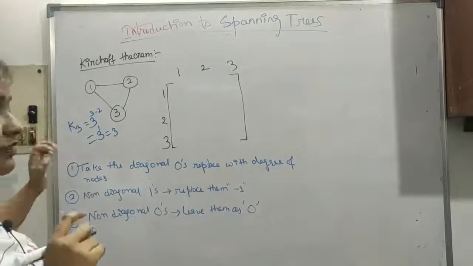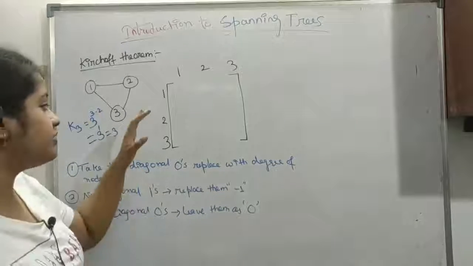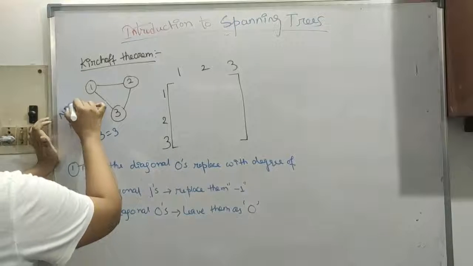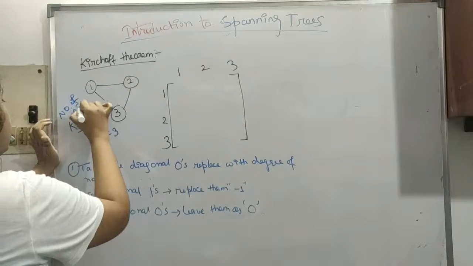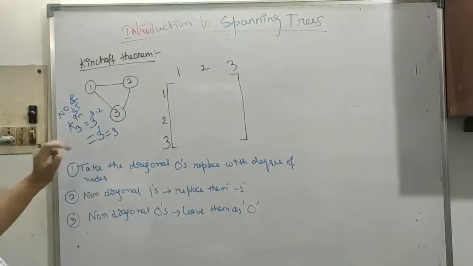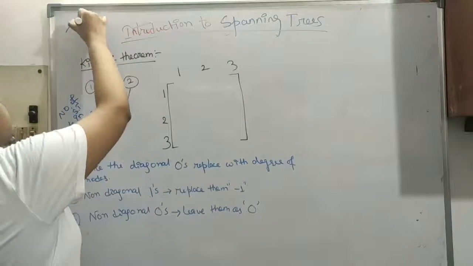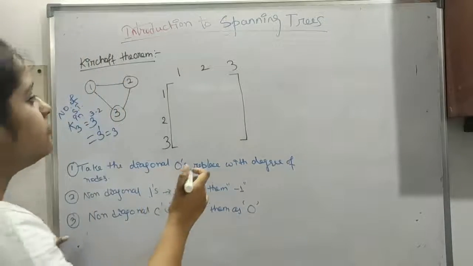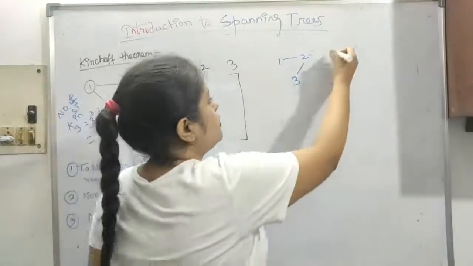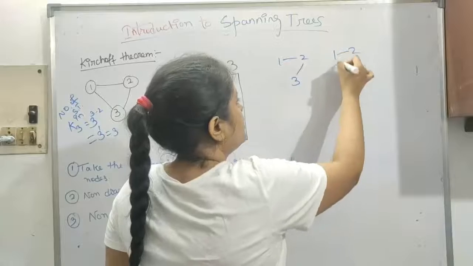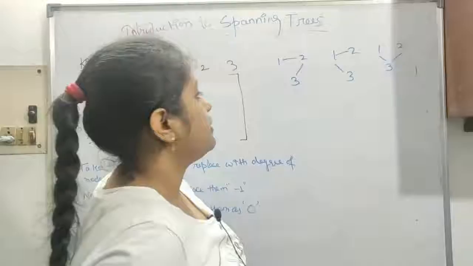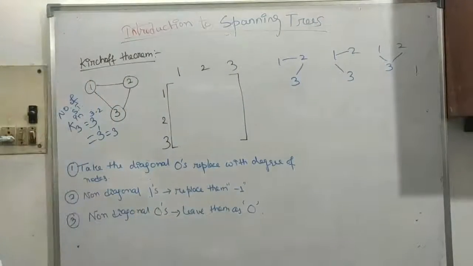Okay, so number of spanning trees. I don't know why I thought edges, sorry for that, I was thinking something else. So the number of spanning trees in K3, let's see like this. What can the spanning trees be? Should I write it down like this? 1 2 3, this can be a spanning tree. 1 2 3, this can be a spanning tree. 1 2 3, this can be a spanning tree. So all these 3 are spanning trees here.